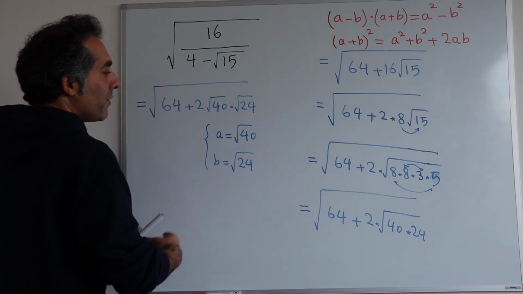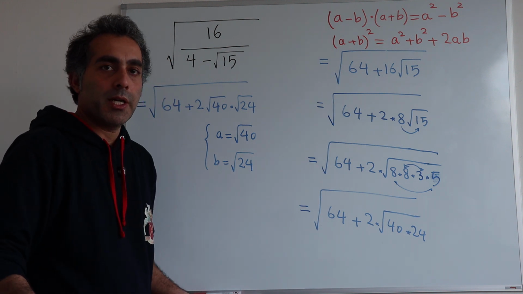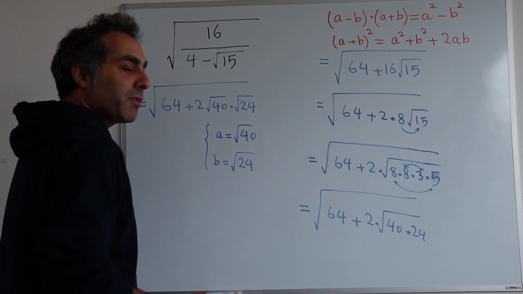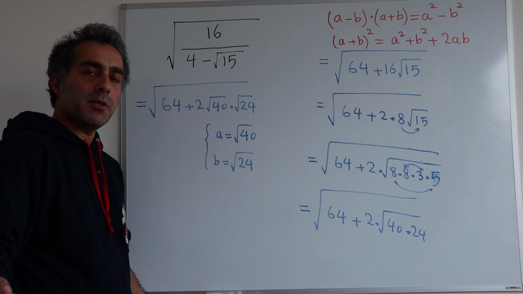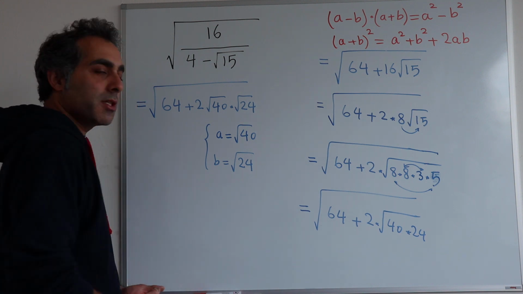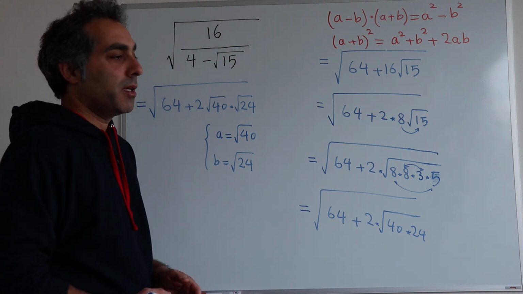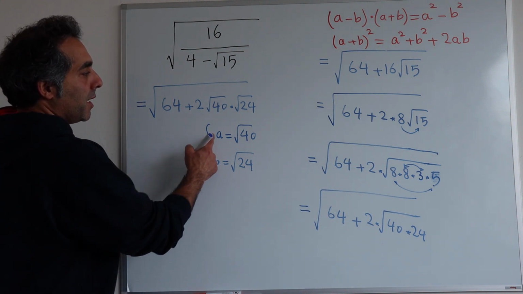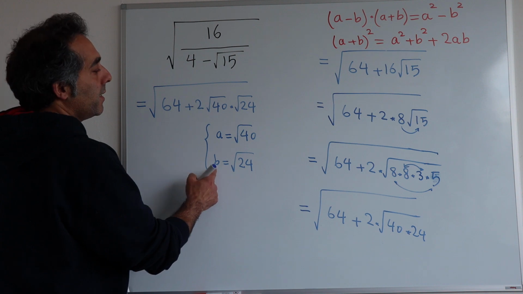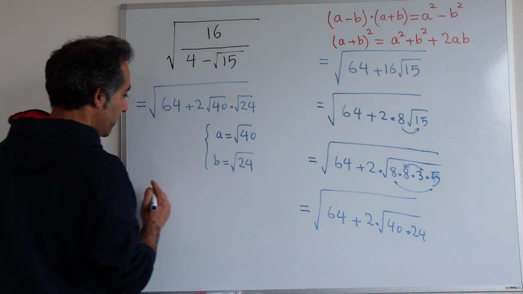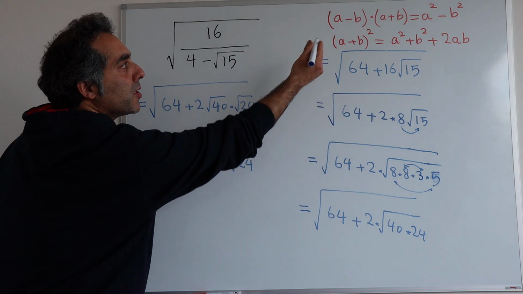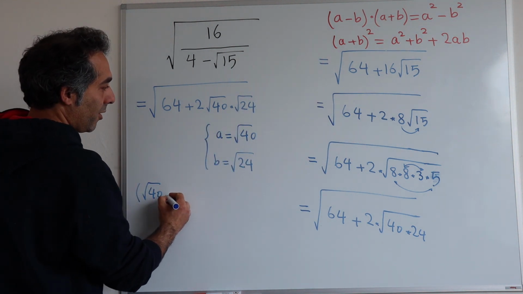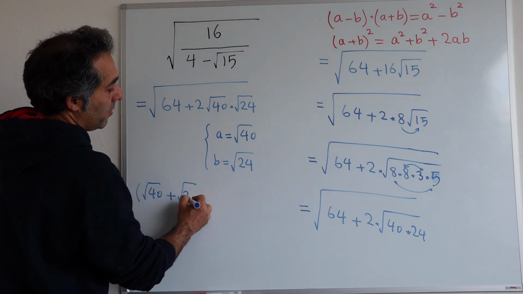Okay, I can go further with this pair. Maybe they are the correct pair or not. We don't know even now, but we can try it. If it's the answer, so it's the answer. If it's not, okay, maybe we can't simplify this radical expression. Now, I can try this pair with this identity: A plus B squared. It means the square root of 40 plus the square root of 24